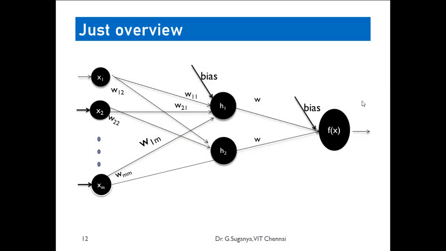Normally, the inputs will be given as x1, x2 and so on, and the weights will be assumed at random as usual, and all the processing will happen. The bias will be added, and applying the hidden activation function at the hidden layer will give an output. Again, you will have another set of weights with which those outputs will be multiplied and summed up along with the bias, and finally given as an input to your activation function.